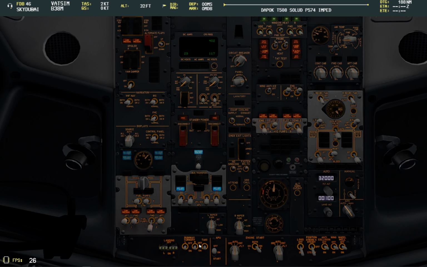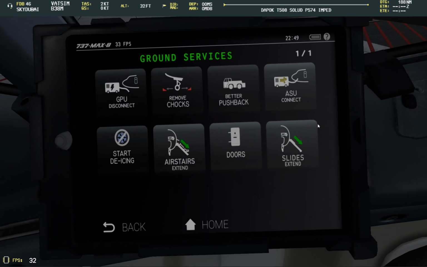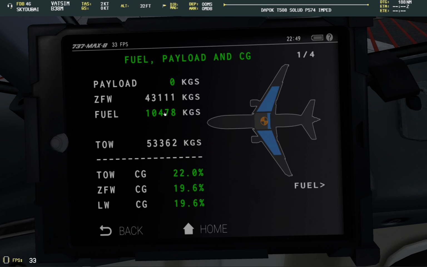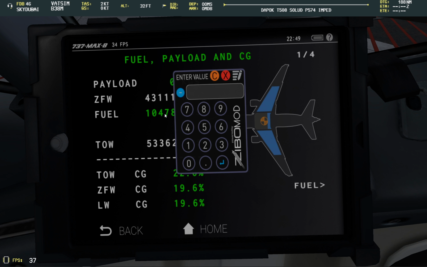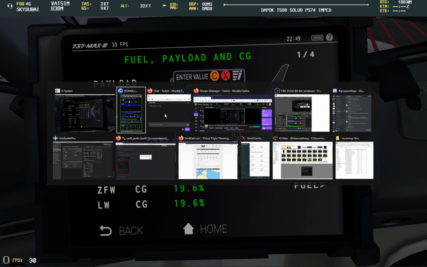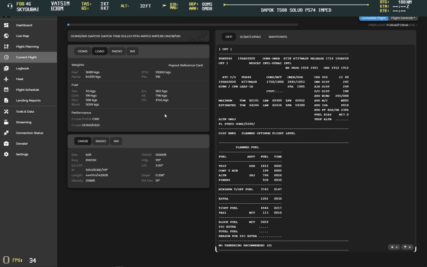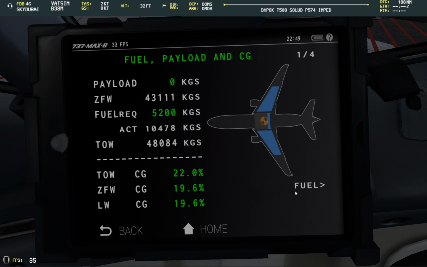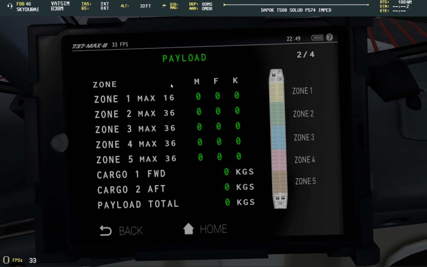And we need to start the APU. And we need to finish entering our data and fuel up. Oh, 10.5 tons. I hate it when it does this. So, the fuel we need is 5.1 tons. Let's make it 5.2. And defuel the plane, and payload